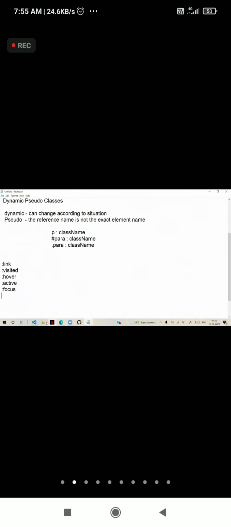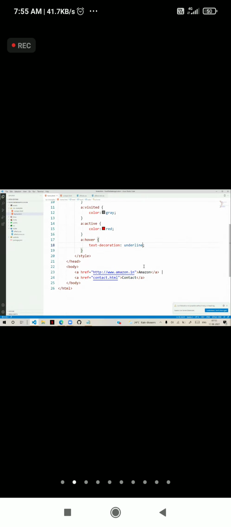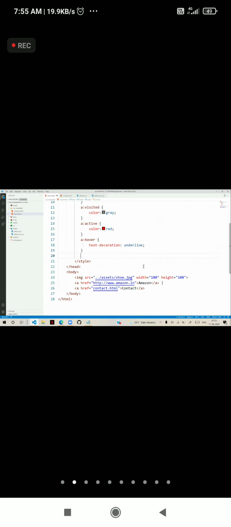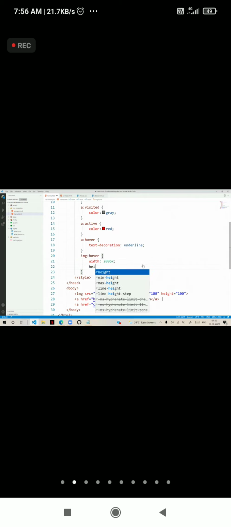For example, suppose I have some image. Image source is equal to assets, some shoe.jpg. The width is 100, height also 100. Now what I am doing here is img hover. That means when the mouse pointer is over, I will set the width to 200 pixels and the height to 200 pixels.